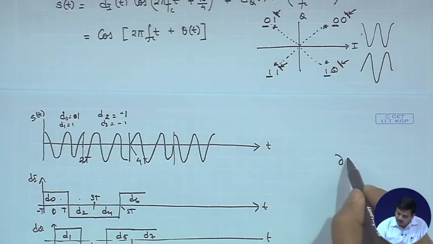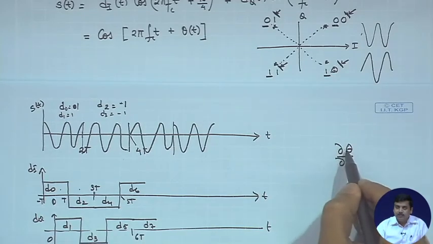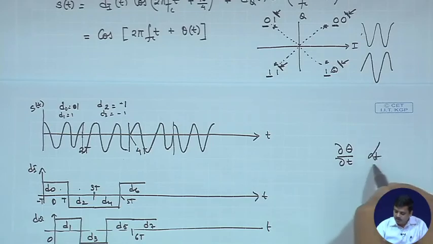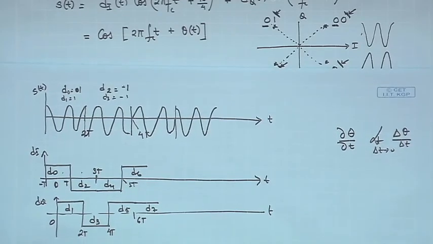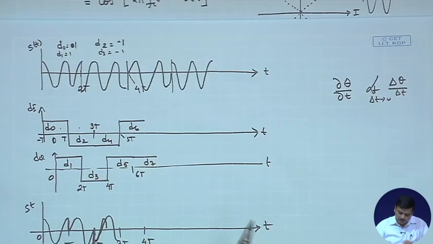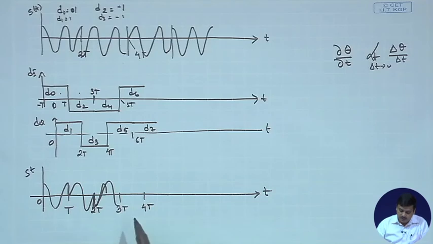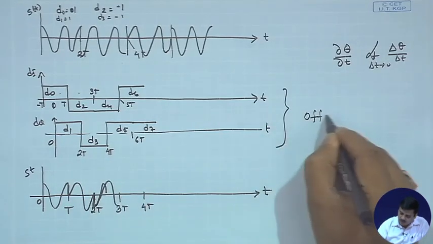Because your frequency change is proportional to d theta dt, the amount of change that is happening in the frequency, or rather limit delta t tends to 0, delta theta by delta t. So, if this reduces the rate of change of theta, that means your frequency side lobes would be different, and that would reduce the amount of spectral growth that may be available. So, this kind of shift is known as offset